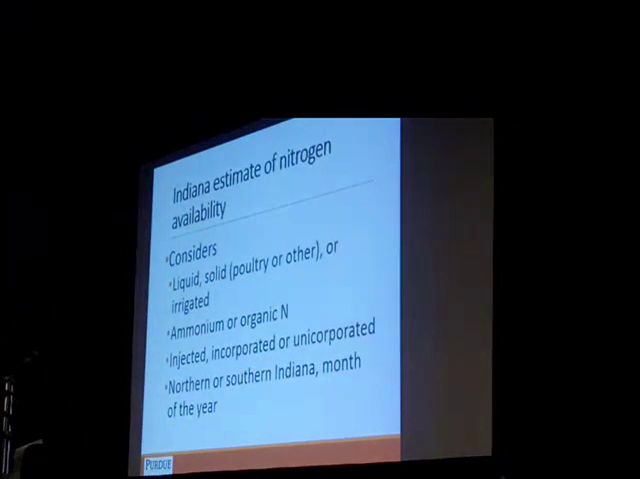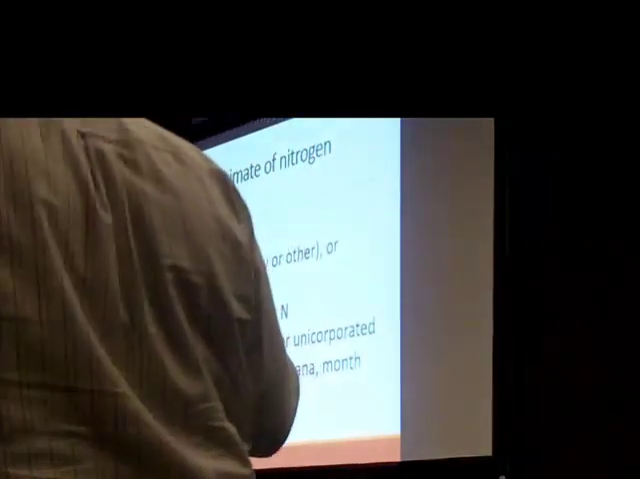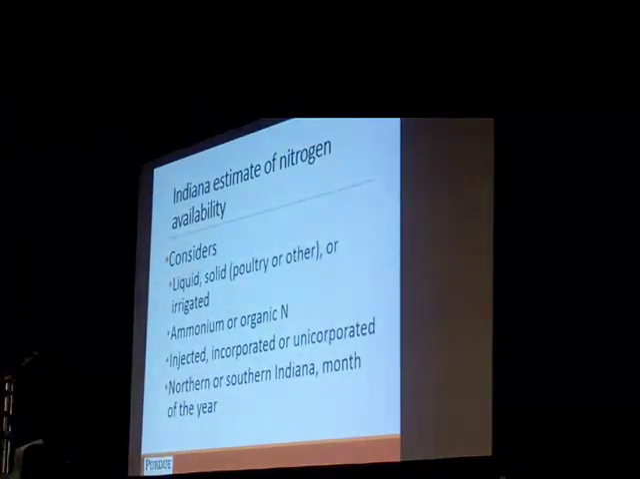And then we break Indiana into northern and southern and look at month of the year. So temperature and rainfall is going to have a big influence on availability, particularly the further out from planting the manure is applied. And I'll just show you this chart. We're not going to really look at it in detail, but to show you here,